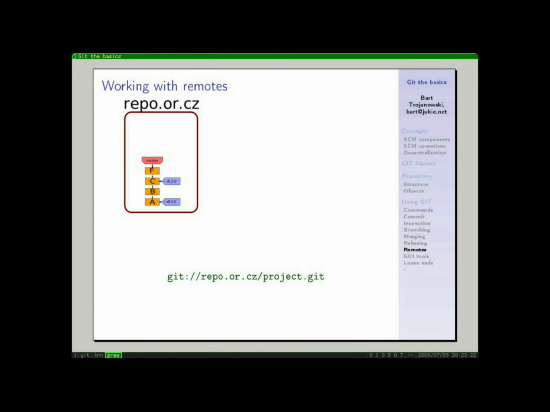So let's look at some interactions between remotes. Somewhere on the internet, there's a server, repo.or.cz, and that's actually the home for the first free hosting service for Git repositories. And that's where the Git project is mirrored. It was originally hosted on the kernel.org site, just because it's got tremendous bandwidth, and Git was originally written for tracking the Linux kernel. But it's also hosted at